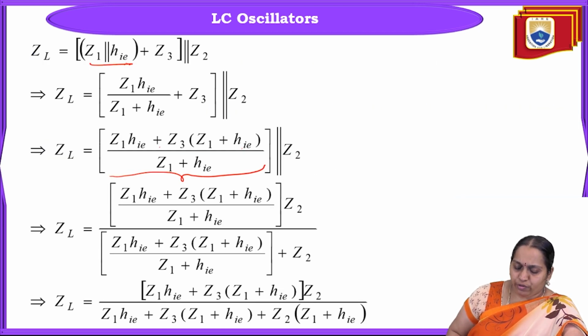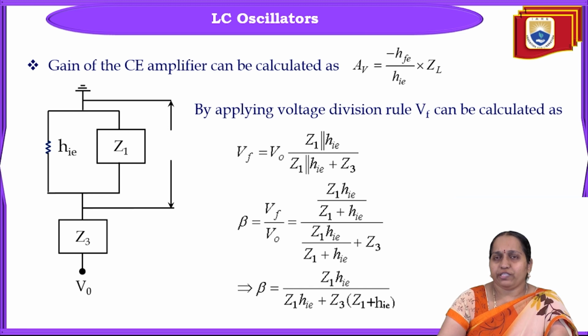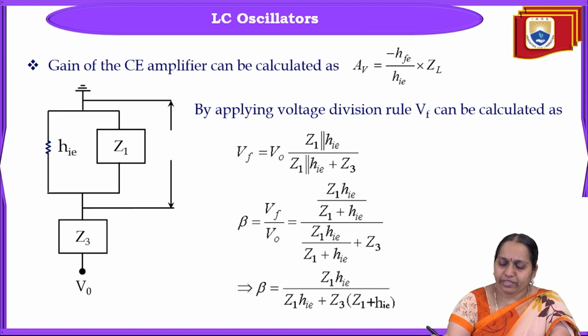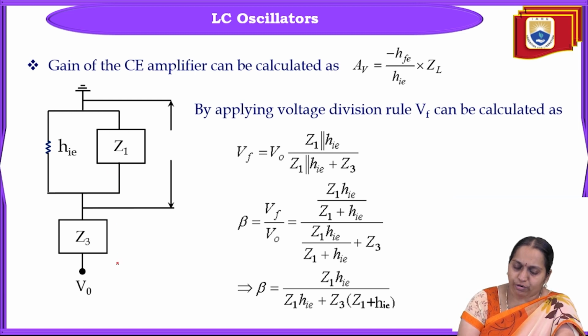So this is the overall impedance ZL of the oscillator. Okay. Now, how do you define the gain of the CE amplifier? The gain of the CE amplifier can be calculated as AV equal to minus hfe by hie into ZL. Okay. So by applying voltage division rules, the same circuit, if I just simplify it and draw, it will be